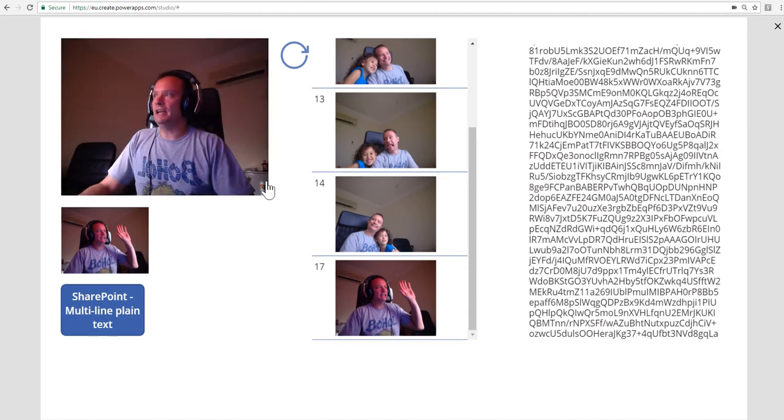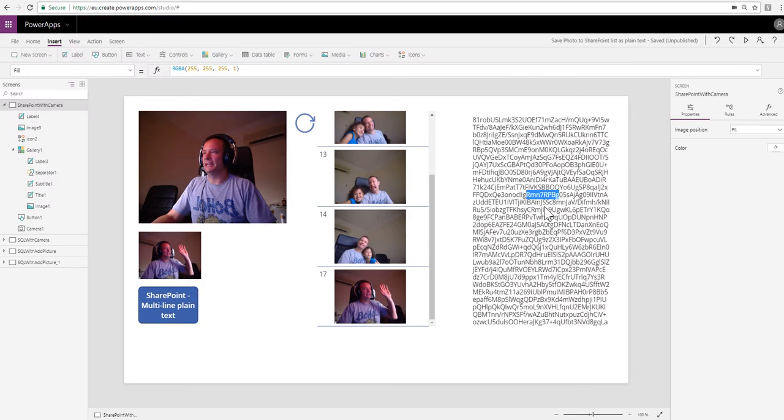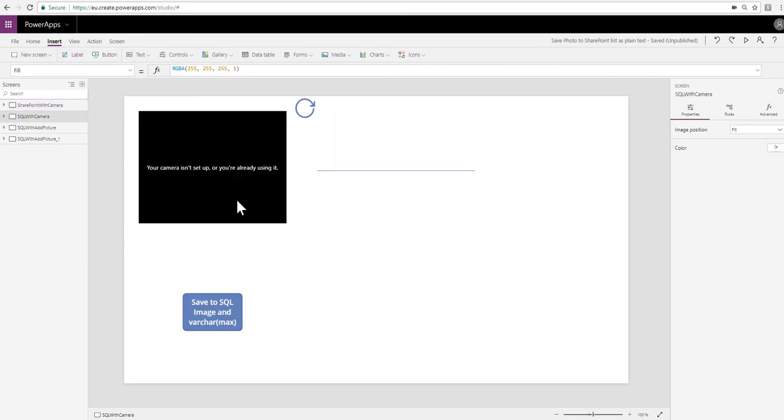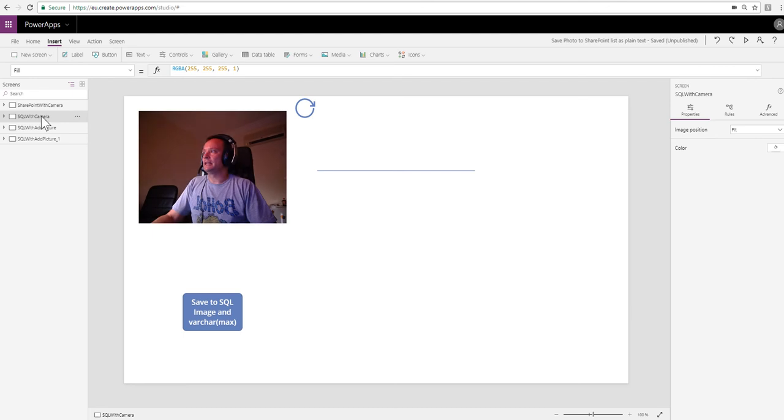Okay, so that's great. So that was all in SharePoint, and getting across the idea that this image data is all just a string. It's just letters and numbers. It's fine. Okay, so now let's have a little look at doing the same thing with the camera control